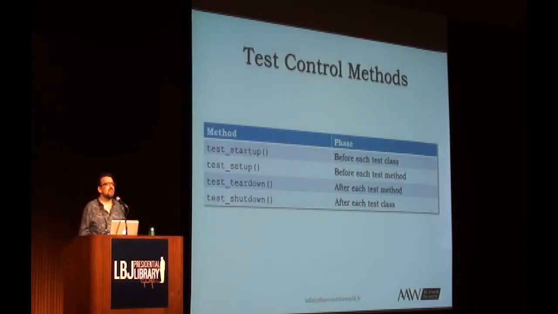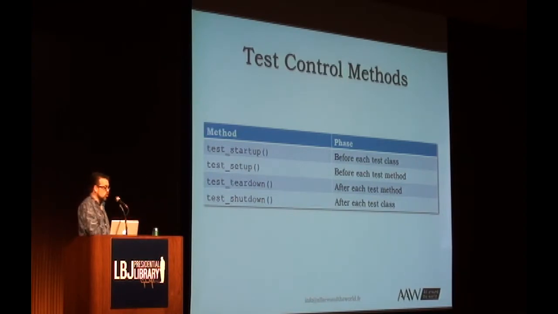Before I show how to solve that, I'm going to talk about our test control methods. This is very popular in the XUnit world. And it's part of the reason why isolating tests, in regular Perl tests, .t tests, a lot of the behavior we isolate simply by having them in separate files. Whereas the test control methods for startup, setup, shutdown, and teardown, these give you effectively a lot of this isolation